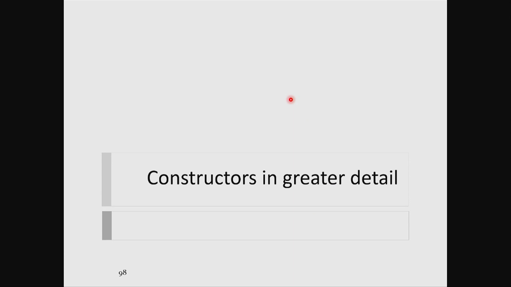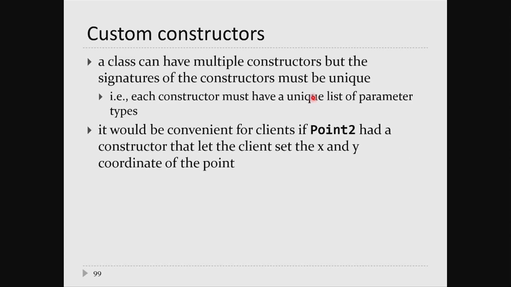More constructors. So we've only implemented one kind of constructor so far, and that's the no argument constructor. Just like methods, though, you can have multiple constructors. Also, like methods, the signatures of the constructors have to be unique. And what that means is, because you can't change the name, all your constructors have to have a unique list